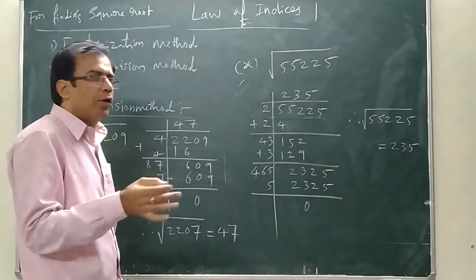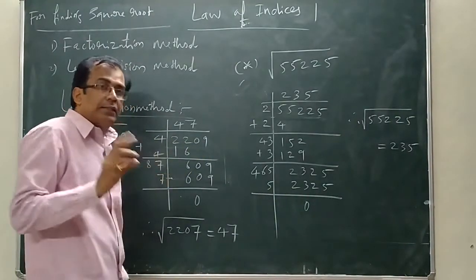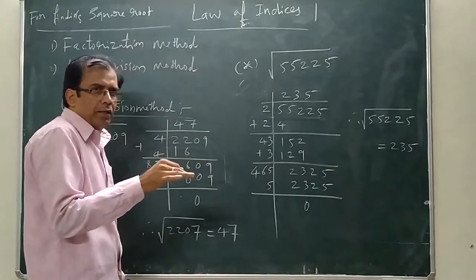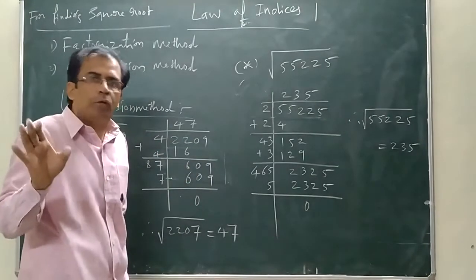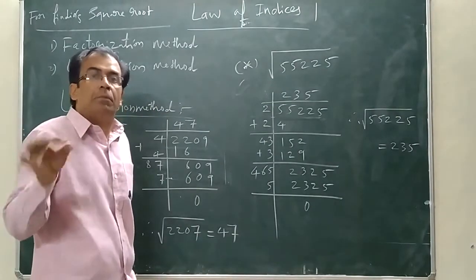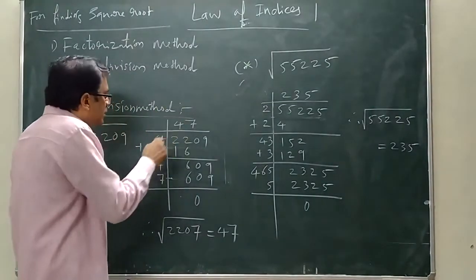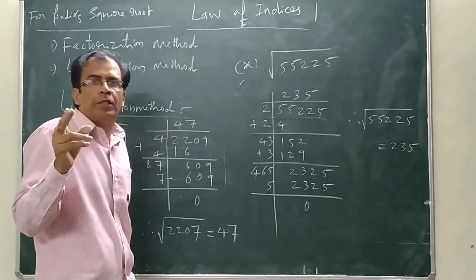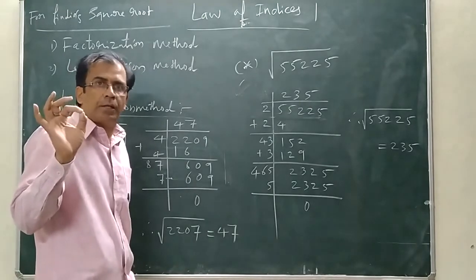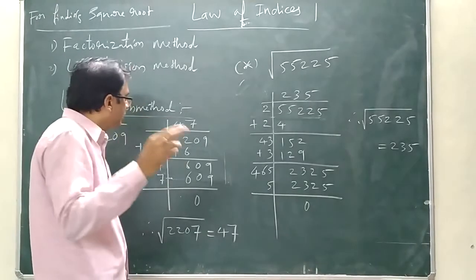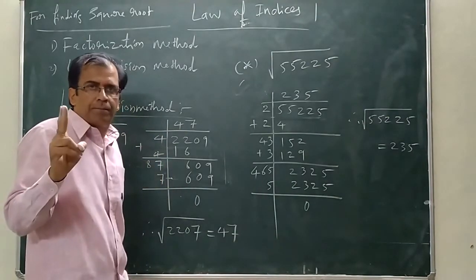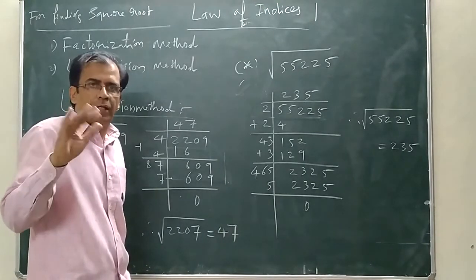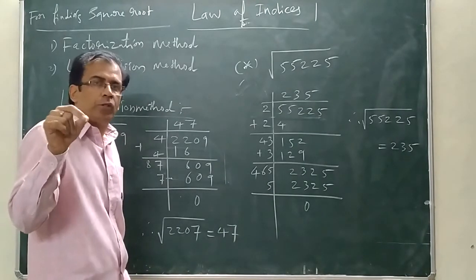In the 4 table you are getting 4 fours are 16. And one more thing is that the same number you need to take twice. But 4 fives are 20 you cannot take, because 4 is different, 5 is also different. One point is very important in long division: you have to take similar numbers. 4 into 4, 3 into 3, 9 into 9. Again I repeat, the same number you need to take twice. That may be 2 into 2, 4 into 4, 3 into 3, 5 into 5. In this way you need to take.